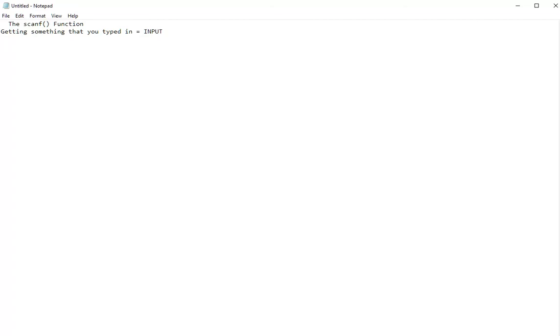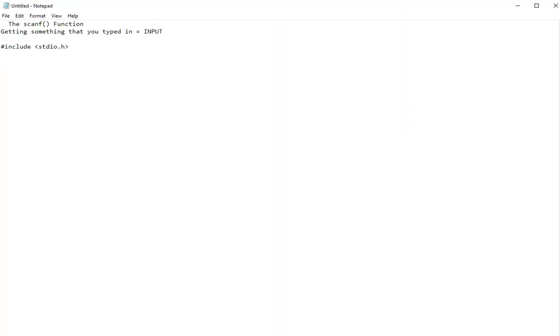And with scanf, you need the stdio.h header. What that means is std is standard, io is input/output, and .h is the header. So you need that for it to work. So let's type in the code here. You need a preprocessor include, standard input output .h,